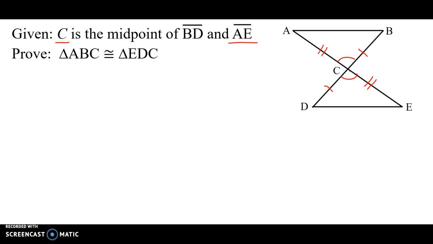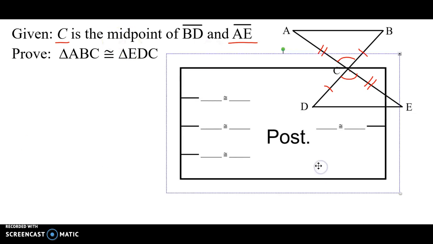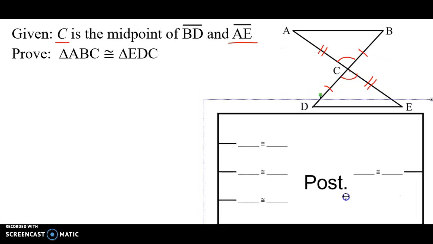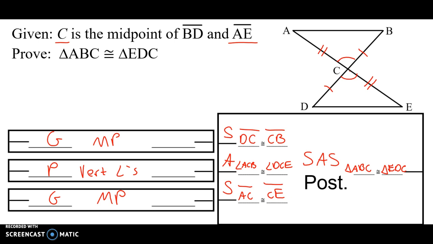So now, what big block are we going to use? SAS. Side, angle in the middle, side. So find your SAS block. And I'm going to give you a couple minutes to work through this one on your own. There's your final answer. That's your proof. So this would be your final answer right here. Oh, yeah, you got it right. Good. Okay, now I want to show you real quick